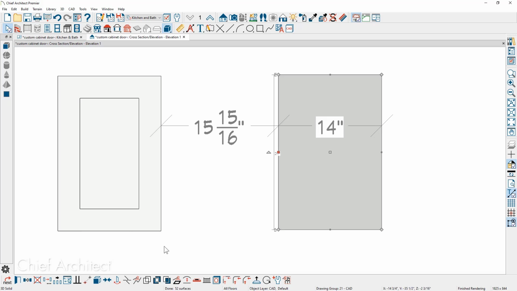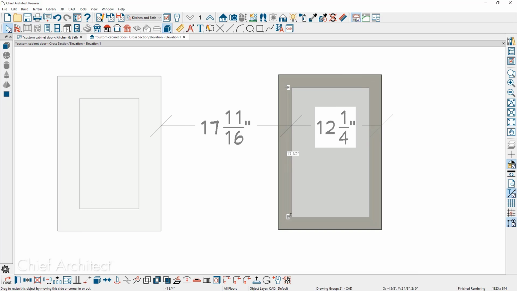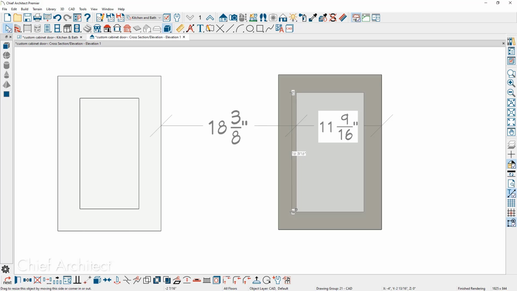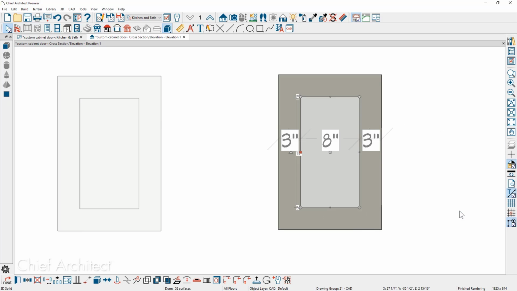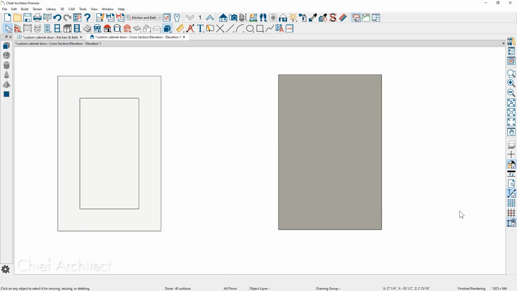I'm going to move my mouse over the end and you see my cursor change. I'm going to hold the letter C down, pull that in, and you can see it concentrically resizing. Now you can press the tab key before you release it and you could put in 3 inches. And that will pull that in exactly 3 inches. Another way you can do that, let me delete it and I'll show you another way, is